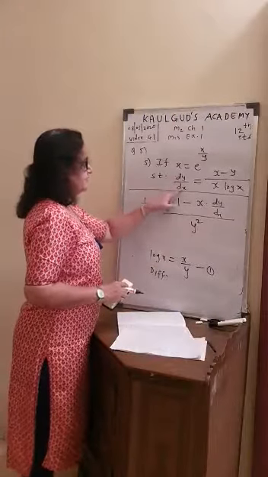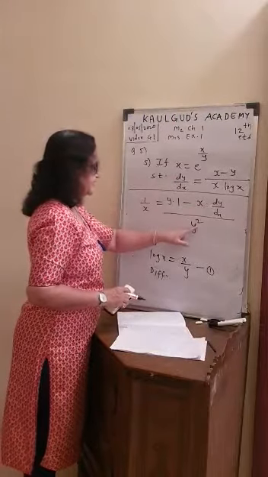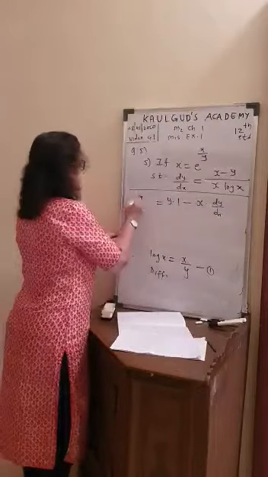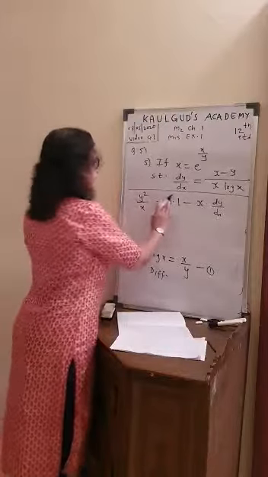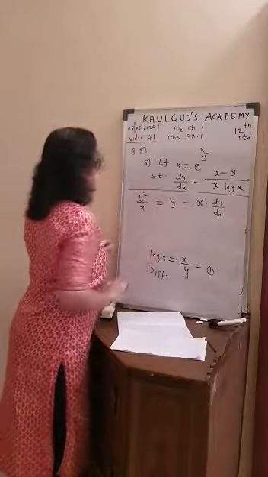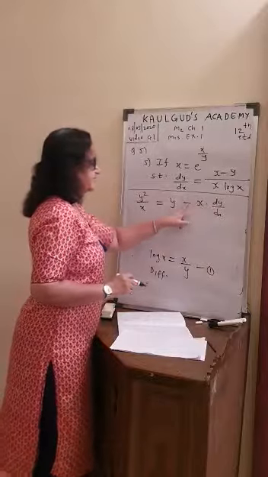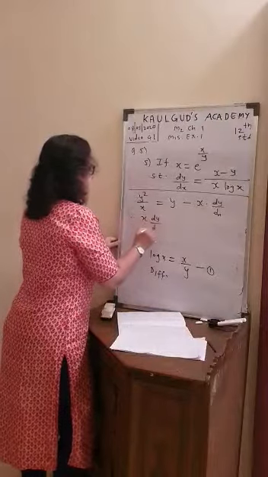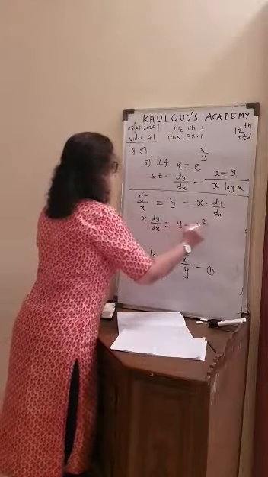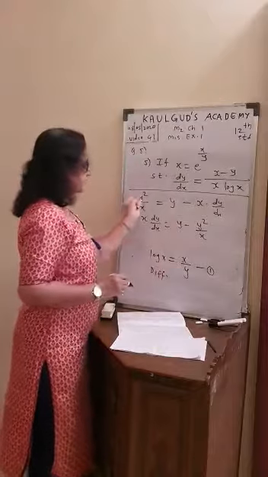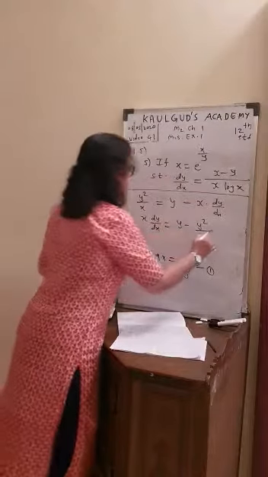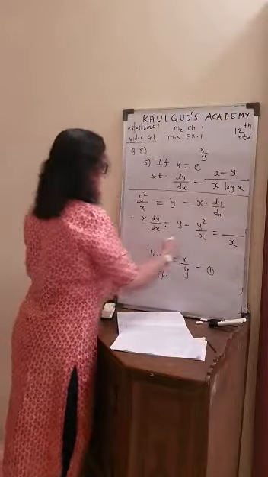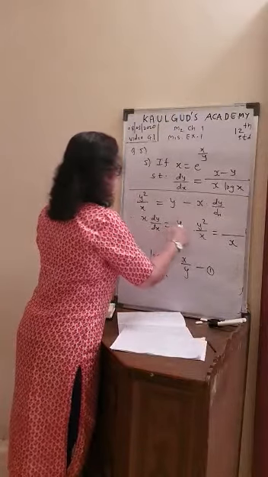I want to find the answer of dy by dx. So now, this y square, cross multiply. So the next step you can write as y square upon x is equal to y into 1 is y, so y minus x dy by dx. This term which is minus, I'll bring it on this side and this I'll shift there. So you get x dy by dx is y minus y square upon x. This y square upon x shifted on that side. LCM: if x is the LCM on the RHS, you are getting xy minus y square.